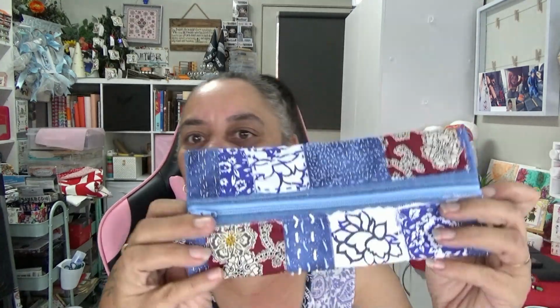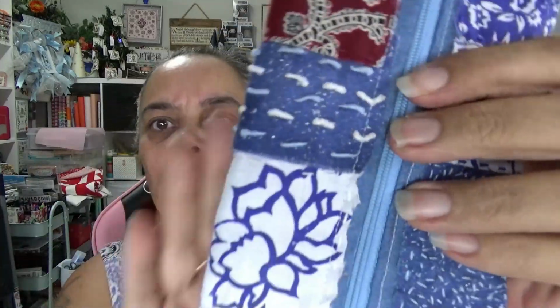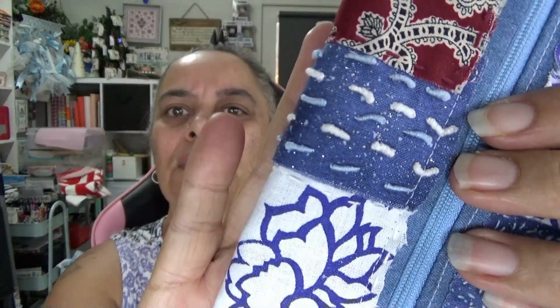So last week I drew number 21, which was sew a bag, pencil case or pouch. So I have done that and I made a little slow stitch pencil case. I've done it in all blues and whites with a little bit of maroon. On this I did some bullion stitches, bullion knots, the first time I've ever done those, and it's got some fly stitch, French knots, some pistil stitch,